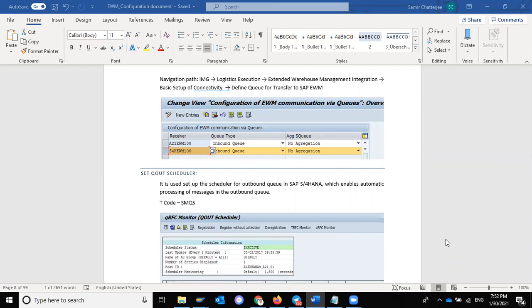EWM perspectives: communication for inbound and outbound operations, transactional data specific, not for master data. For master data, we do not need any core interface setting here. For transactional data, we need some setting, which is called the distribution model, DM. So that's why we need to define all the inbound and outbound queues to validate, to check all